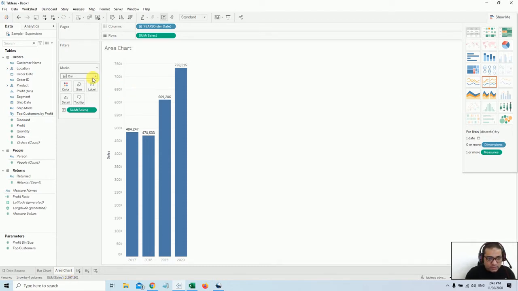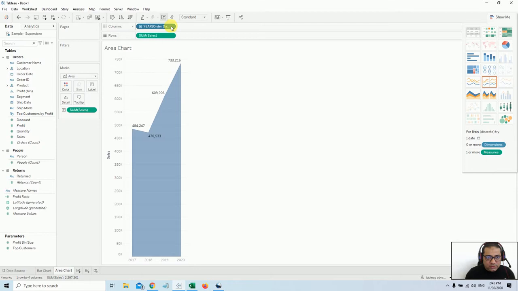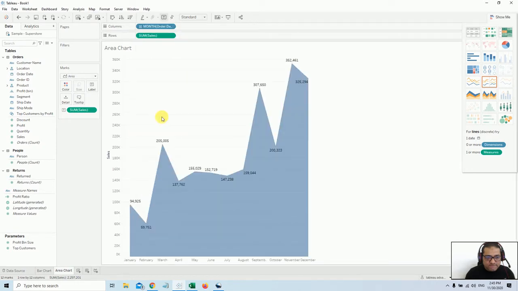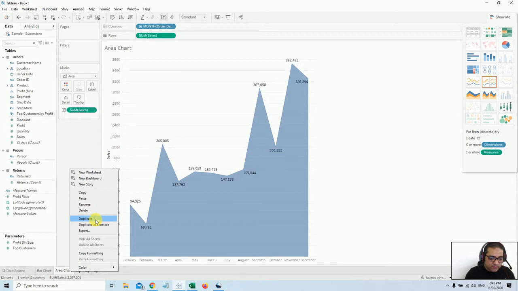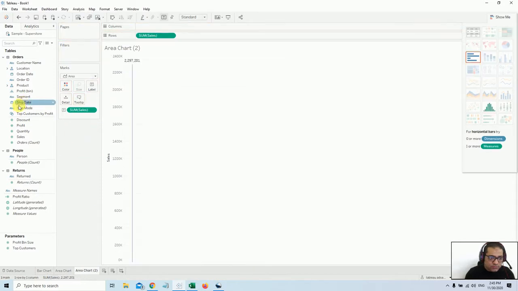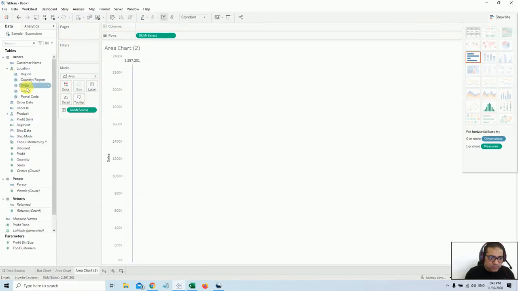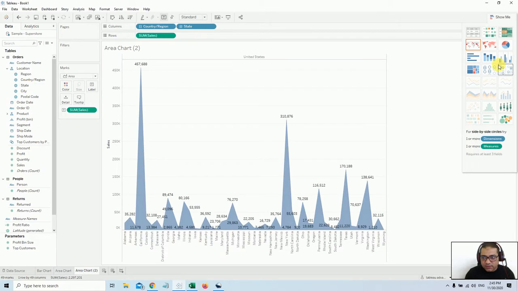This time I'll convert it into an area, and instead of year I will choose month here. The last chart, I will duplicate this one, and instead of this I will choose location, which is state, and here I will convert it to the map.